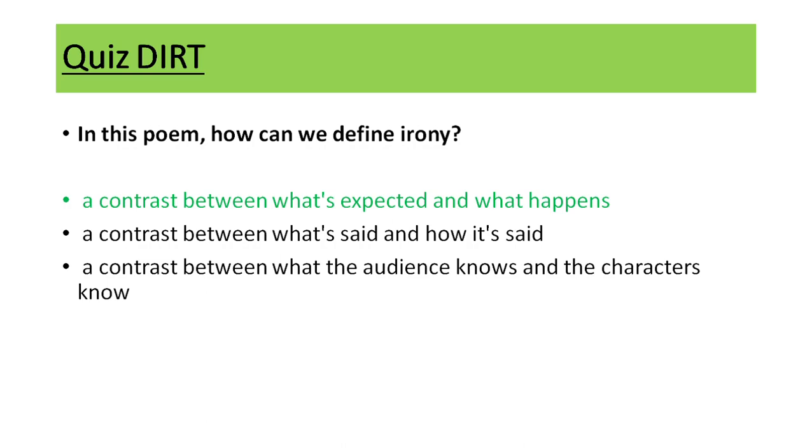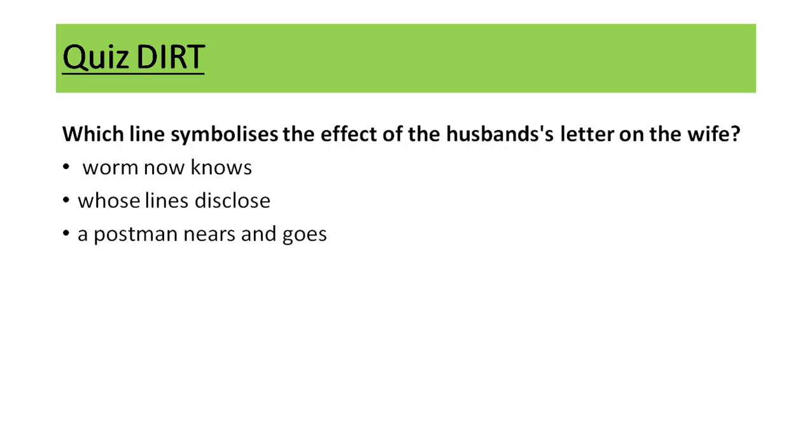It's a contrast between what's expected. So she found out he died, so she expected never to hear from him again. And what actually happens is she does hear from him again. She gets a letter, and that's why the irony is created. Okay, the next question that